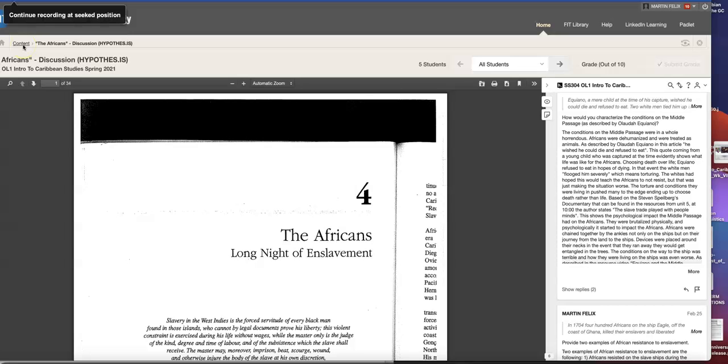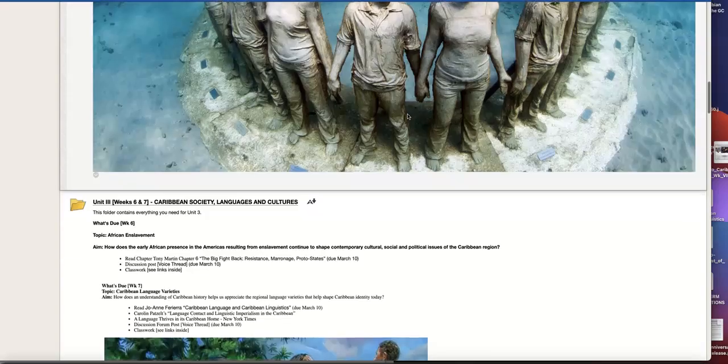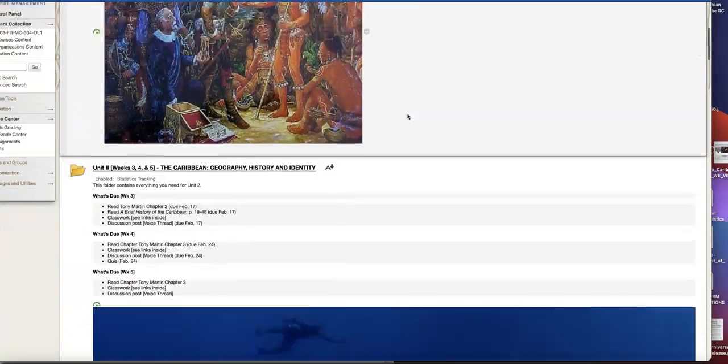One of the things that I think people who are interested in using Hypothesis should be aware of is that if you don't input the fact that you want it to be entered in the grade book from the start, then you'll have to do it manually. So it's very important, in terms of the settings of Hypothesis, to do it from the onset. Also important is the use of some kind of guide for students as they